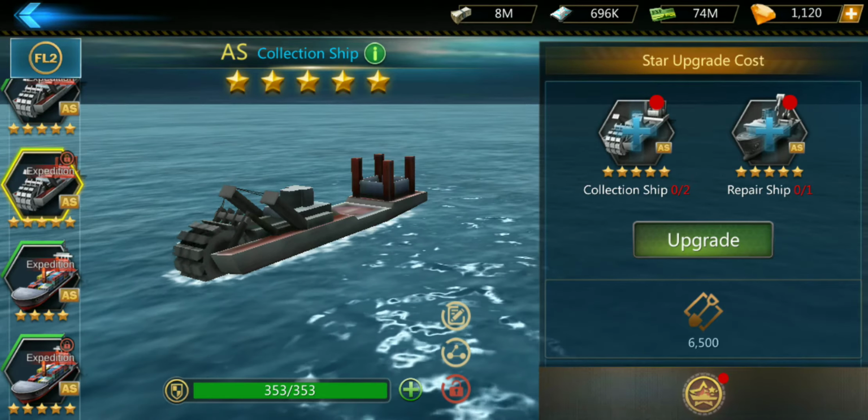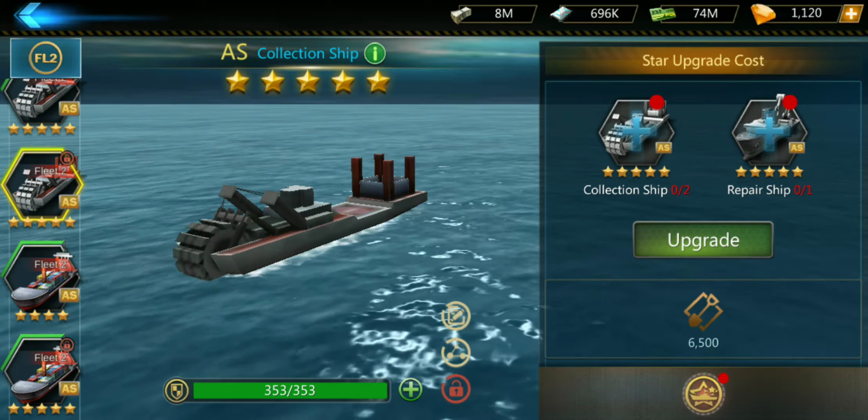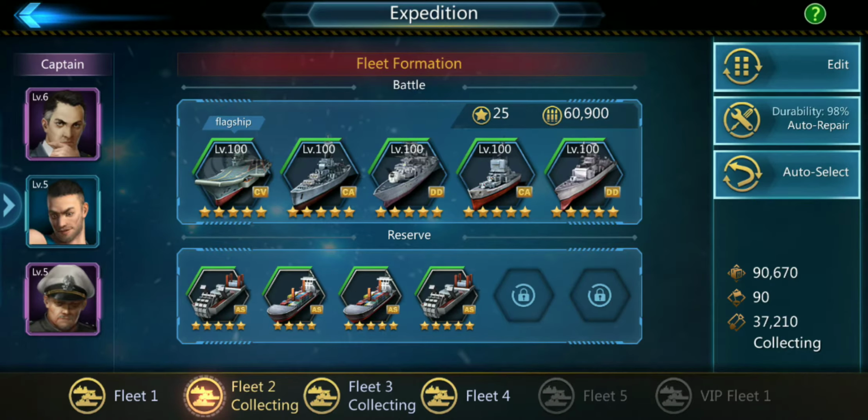Very nice. Okay, so I could upgrade this too, and I need to consume my other collection ships and repair ship to do that, but I don't have enough without leaving some of the other ships lacking. So anyways, second fleet has 2 collection ships at 5-star, which should collect fairly quickly. And I have a 5-star and a 4-star